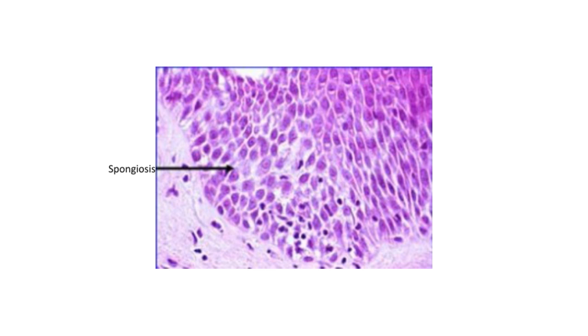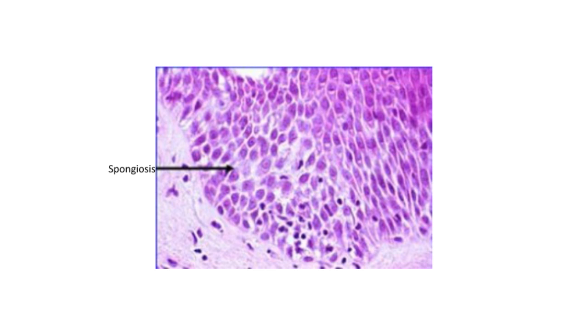Essentially, it highlights the inflammatory process occurring in the skin, which ties back to our overall theme of understanding skin pathology and immune responses. So, in summary, spongiosis is a hallmark of many inflammatory skin conditions and provides valuable clues